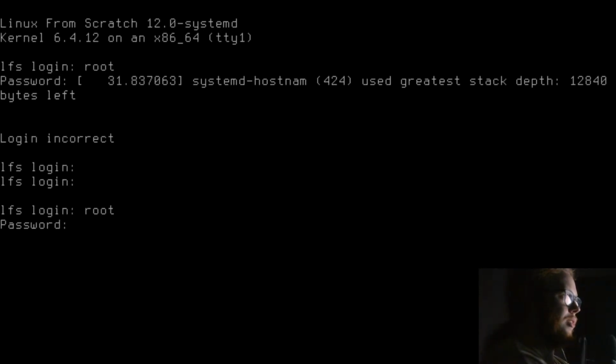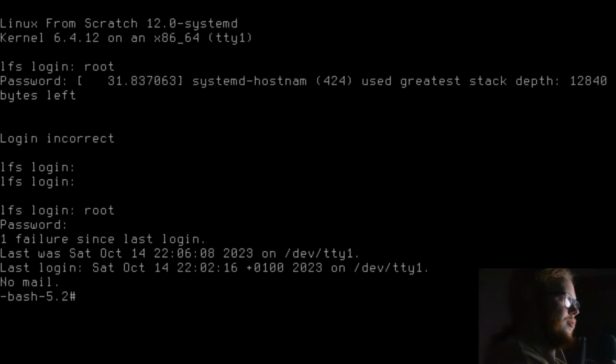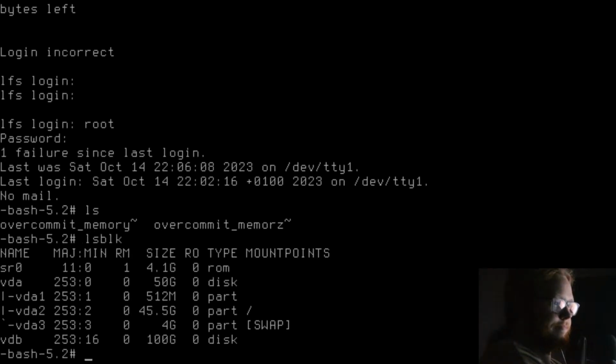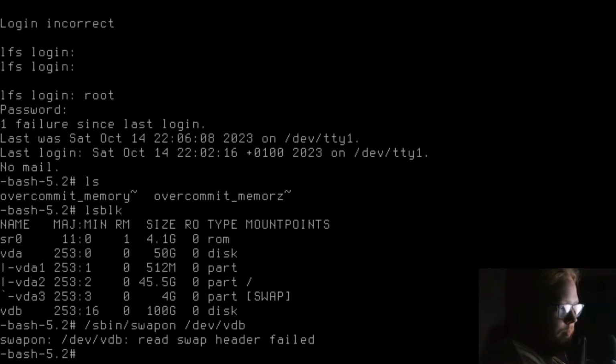Anyway, root. Right. LSB, okay. Okay, 100 gig. So if I remember correctly, it's going to be /sbin/swapon /dev/vdb.